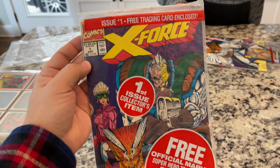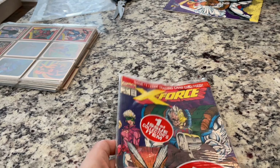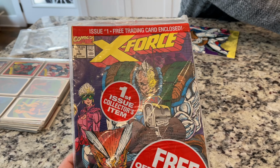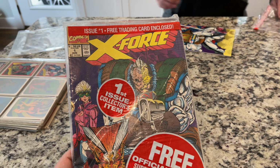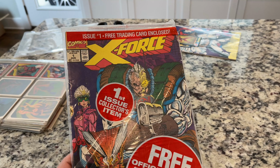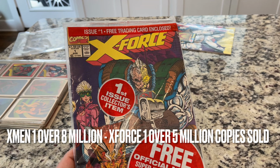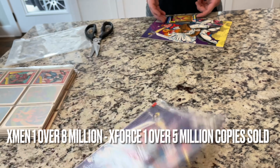For those who do not know, this is X-Force 1 poly-bagged. X-Force 1, most sold comic book of all time. Is that true? That's not true. What's the most sold? Is it Jim Lee X-Men 1? X-Men 1 or Spawn? It's not Spawn. Probably X-Men 1. Spawn I don't even think is in the top 10, to be honest with you. X-Men 1. X-Force is very close to it. We know that. But in the polybag version of this book, came with